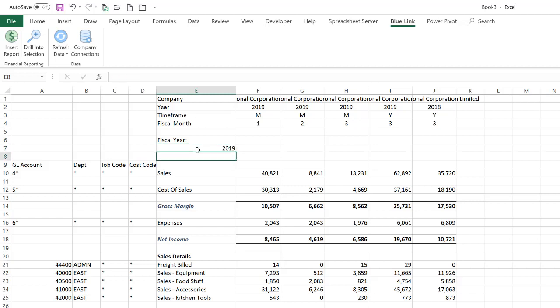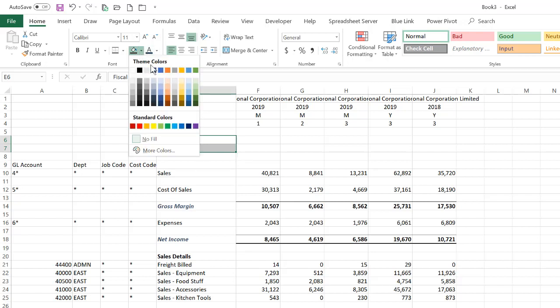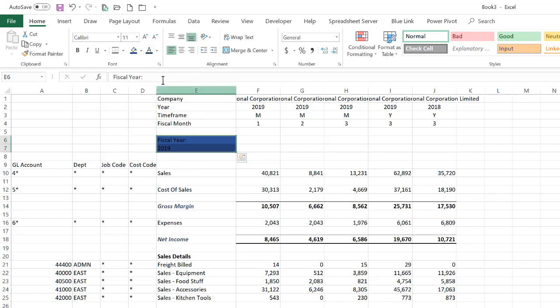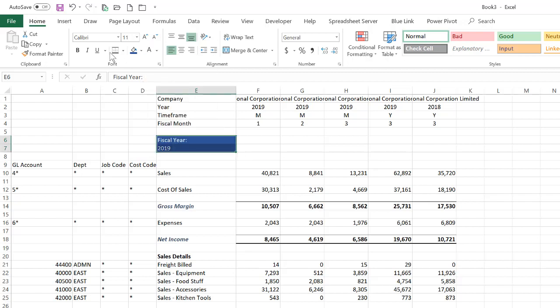I'm going to format this so that it looks a little bit nicer. So I'm going to maybe make these both left justified, let's say. And I don't know, let's make it a nice blue background and a nice white font, just to make it stand out. Maybe make it bold. Yeah, I'm not the greatest designer in terms of choosing appropriate colors, but now what I can do